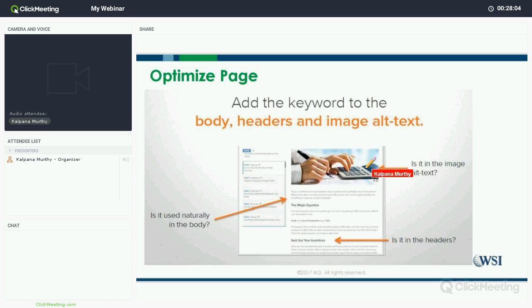Then Google will be able to display that image in the images tab of Google search if it's optimized for the keyword that the user is looking for. And that image will be linked to the website where it's coming from. So it's a pretty neat way to optimize your images on your website. And of course, use the headers, H1, H2 tags and titles. Make sure the keywords are in your headers as well.